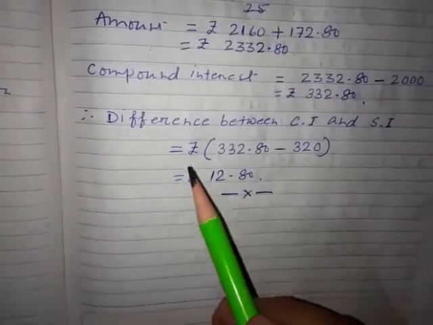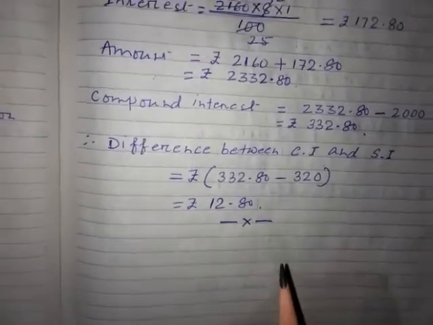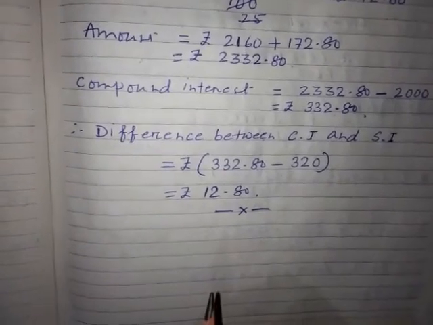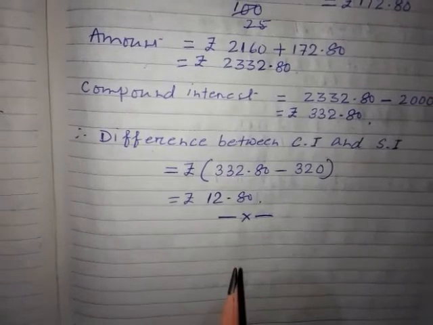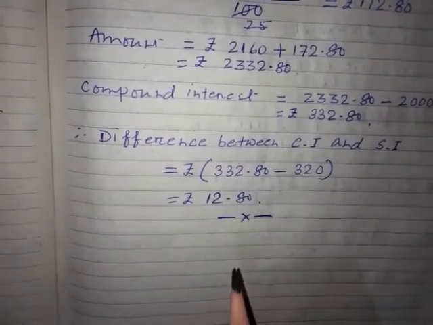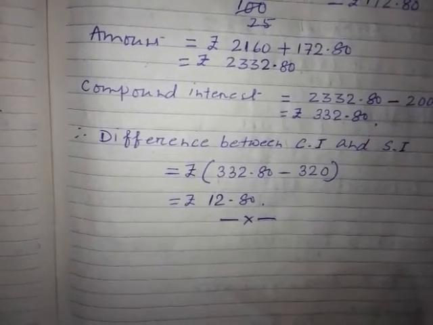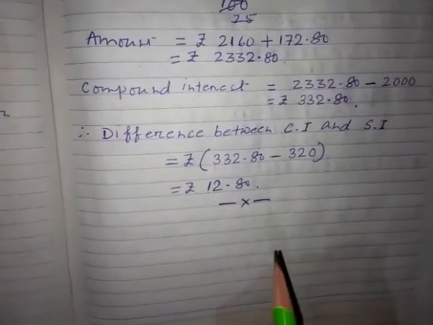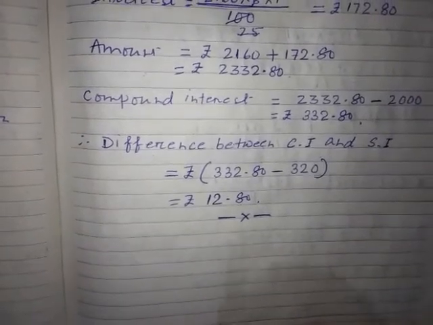So I have given you all the different types of problems based on compound interest. And if you understood all the different types of problems, any problem that comes in your examination, you will be able to solve it. What will be the differences? In place of time, time may be different. In place of principal, principal may be different. But the methodology, the process will be the same to do the calculation. Please do it properly. Okay, so that's for today's class.